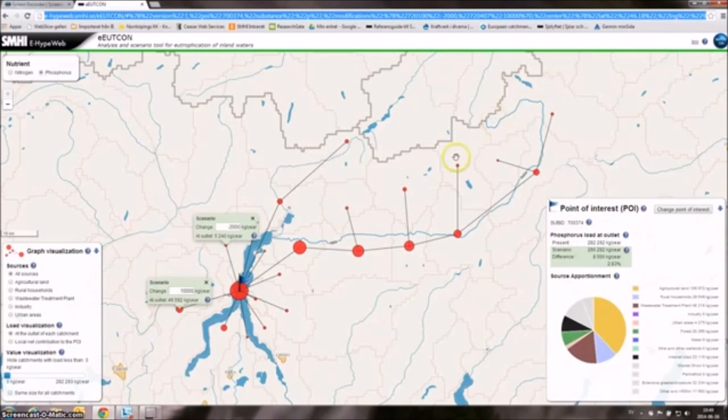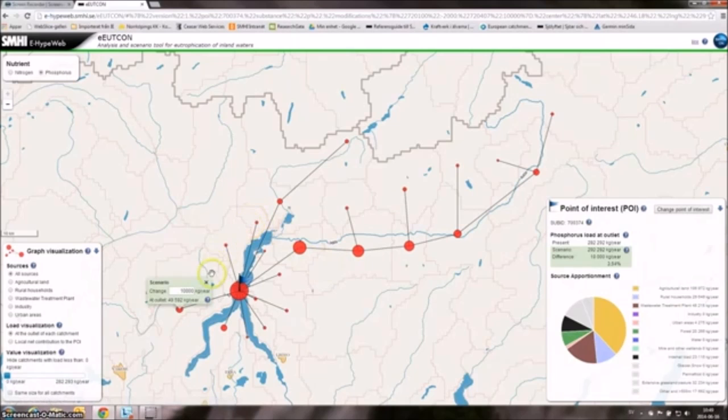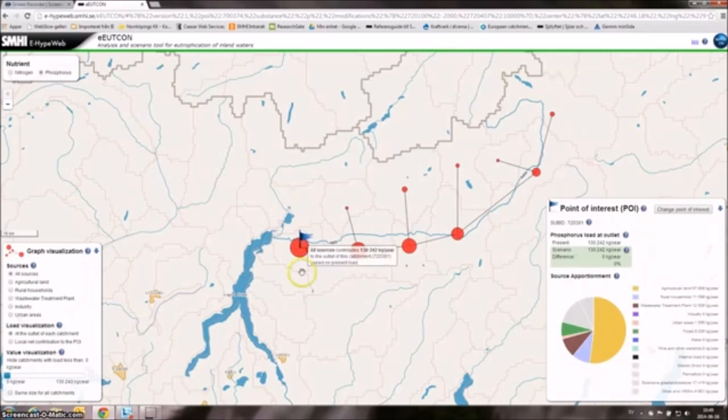One last thing is that this is a highly interactive tool. You could also move the point of interest easily by selecting the flag and pressing your left key on the mouse and just dragging it to another point. And now you will have analysis of the source